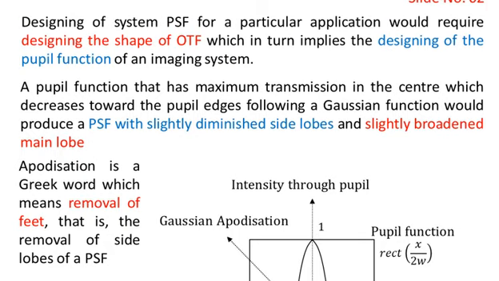A pupil function that has maximum transmission in the center, which decreases towards the pupil edges following a Gaussian function, would produce a point spread function with slightly diminished side lobes and slightly broadened main lobes. So here we are going to give an example of the Gaussian function within a pupil function. You know that the Gaussian function has a peak at the center, and it decreases slowly on both sides of that center, and at the edges it becomes nearly zero. So we can use such an apodization